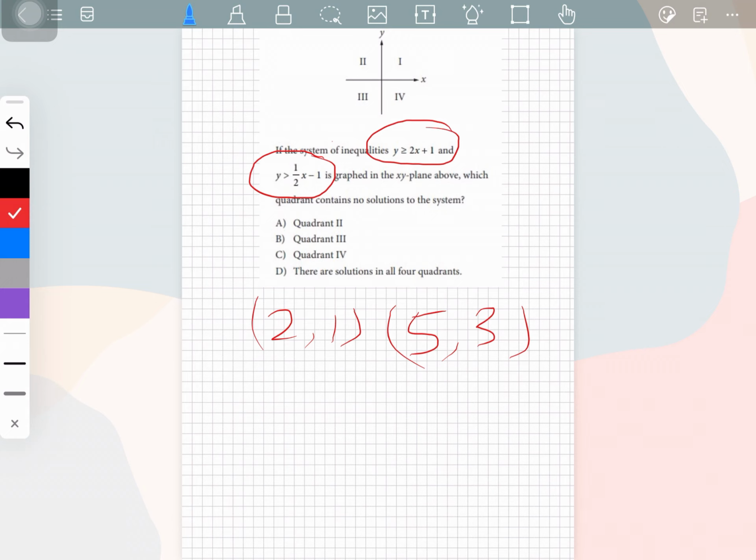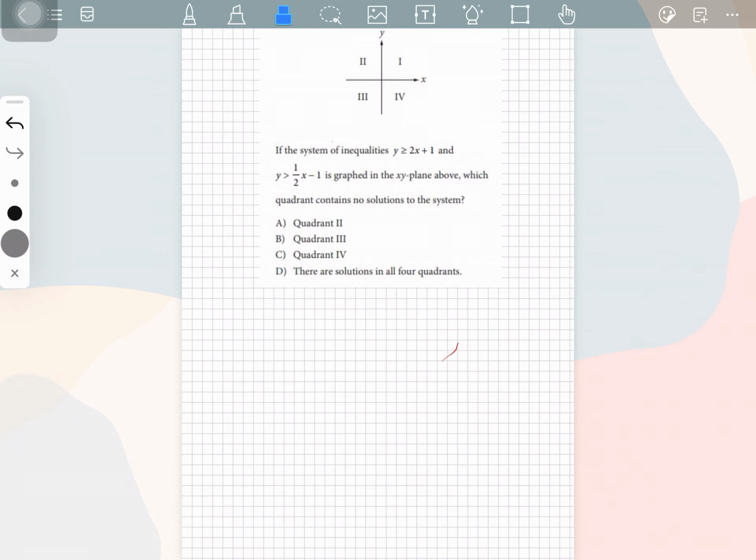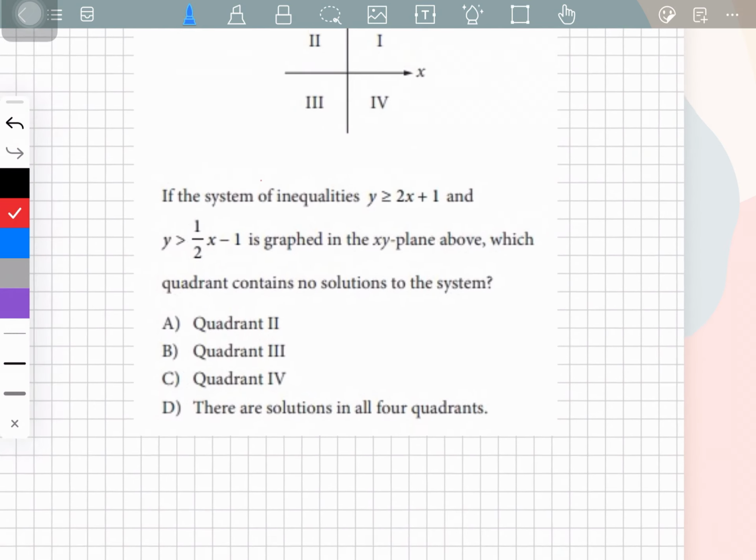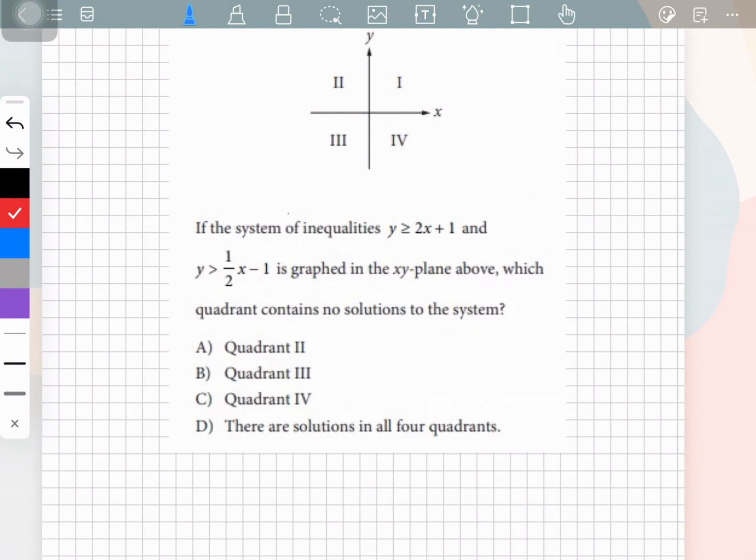There's a simple way to solve it, and I'm taking this question as an example to help people out on how to graph inequalities. So let's look at this question. It says, if the system of inequalities y is greater than or equal to 2x plus 1 and y is greater than 1 over 2x minus 1 is graphed in the xy plane above, which quadrant contains no solutions to the system? Over here the system means